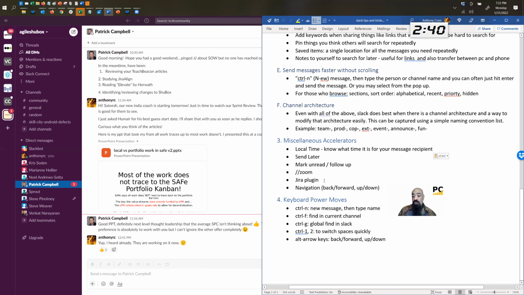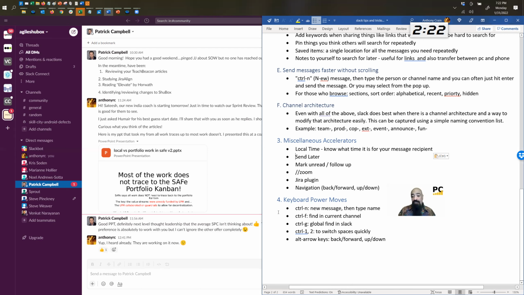Jira plugin. If you use Jira, you can put a Jira plugin, and now when someone does something in Jira, you get a notification in Slack. Jira does not have built-in notifications. They go to Confluence. So if you have Jira and Confluence, you can see notifications about Jira and Confluence, but it's very unintuitive to go to Confluence to understand Jira. Here, it comes right to your Slack, and so that's really exciting.